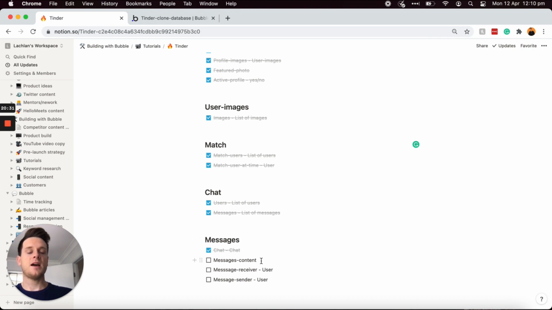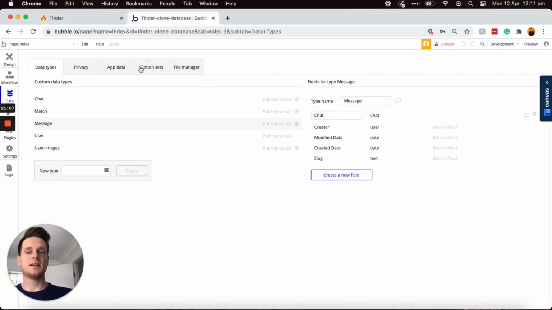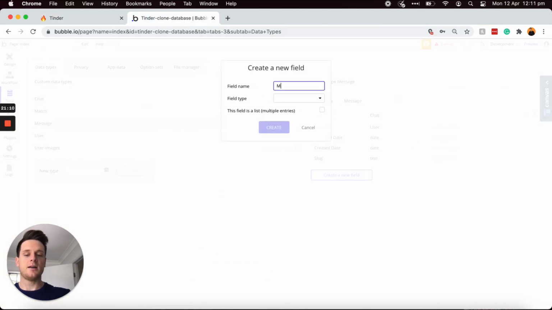And now within our messages, there's a couple of things I'd like to do. The first is identify who is the sender and who is the receiver of a message. Because within a chat where our message sits, we'll have a list of two users, the people who have originally matched on our platform. So each time a message is sent, I'd just like to identify who it's being sent from and who it's being sent to. So I will jump into our database here and I will add in the message sender,